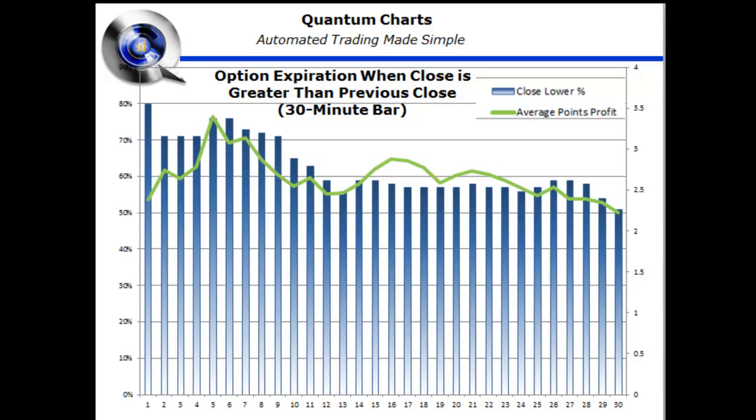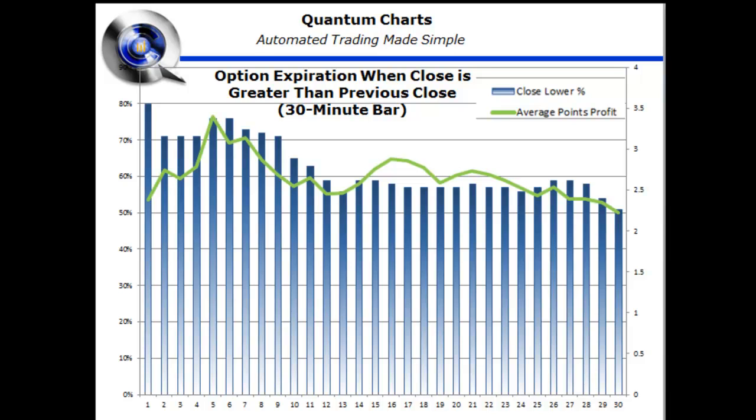And that condition only requires that the close of the 30-minute bar prior to the official exchange open, which is 8:30 a.m. Central Time, so the close of the 30-minute bar prior to that was higher. That's all that we require. And we added that condition into the group. And here are the market movement stats that occurred by adding that one simple condition.